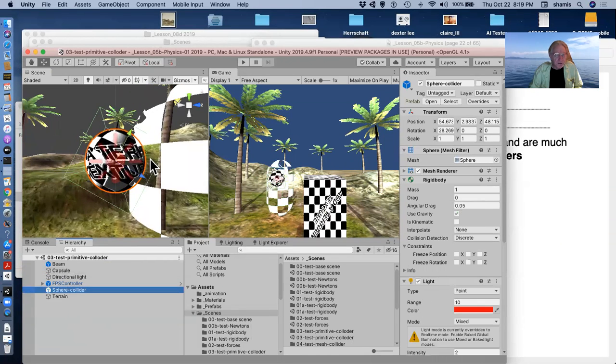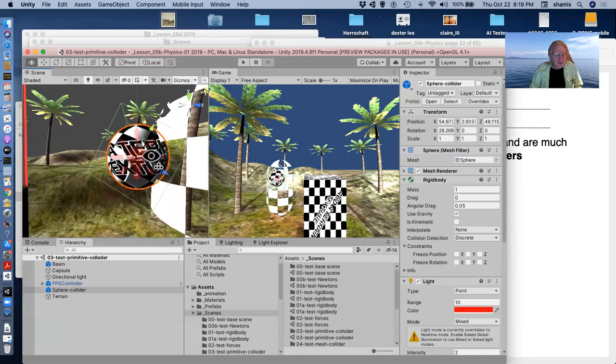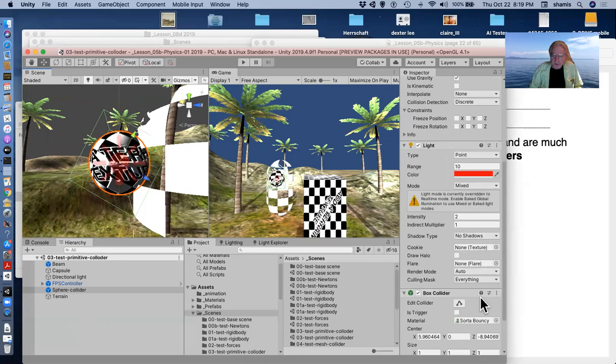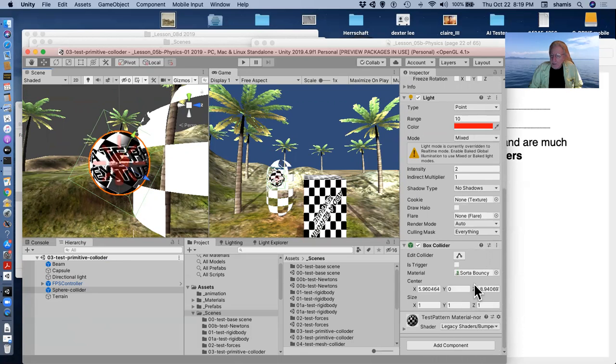Here's a sphere, and on this sphere, I've put a box collider that's not quite centered and has size 1, 1, 1, so it just encloses this. Now, when I run this thing,